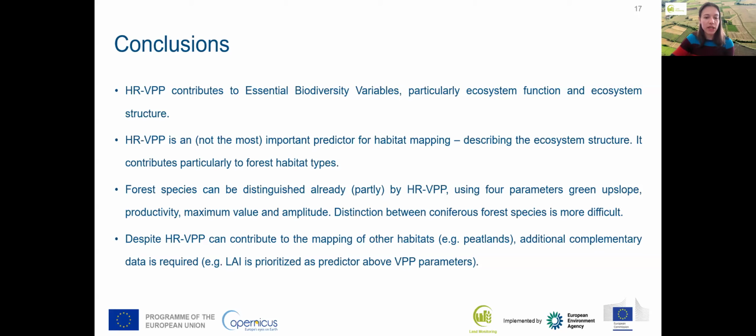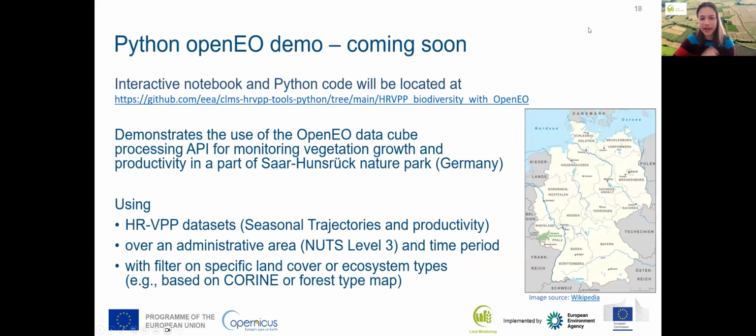We need more information from the additional input variables that Bruno explained, such as the climate information, soil information, etc. Because in peatlands you have more a grassy or a swampy environment, and this is not comparable to a forest habitat. So with this, I would like to conclude my part, and I will give back the word